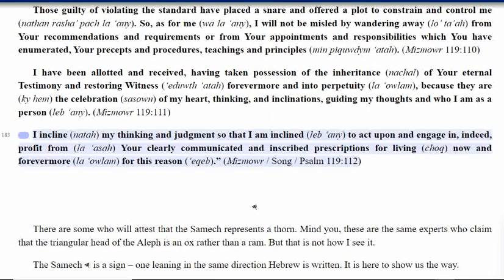119:111. I incline, Nata, my thinking and judgment so that I am inclined, Labe Eni, to act upon and engage in, indeed, profit from, La Asar, your clearly communicated and inscribed prescriptions for living, Choq, now and forevermore, La Olam, for this reason, Ekeb. Mizmowr, Song, Psalm